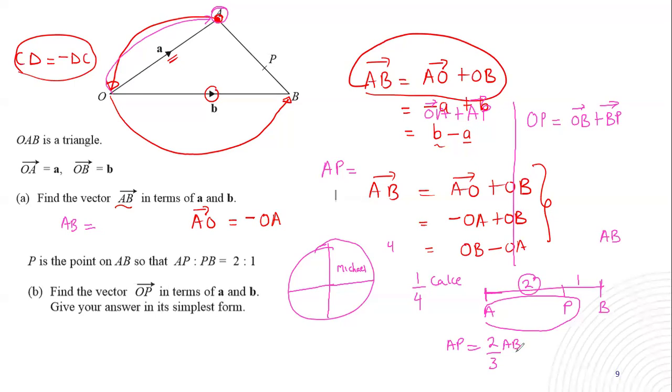Are you getting? I'm getting, sir. Okay, now you tell me, what if I have this? Let me say this is A, and this is B, and this is my M. This is 3, and this is 2. You tell me, what is your A to M equaling to? My A to M equals 3 over 5, then A to B. So that's how you do it. Okay, thank you, sir.